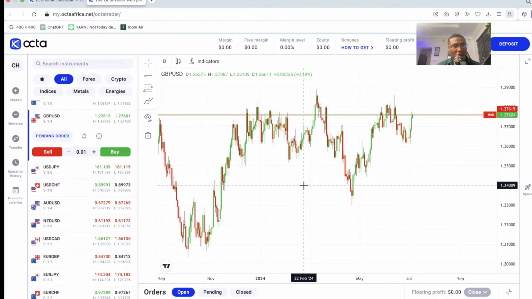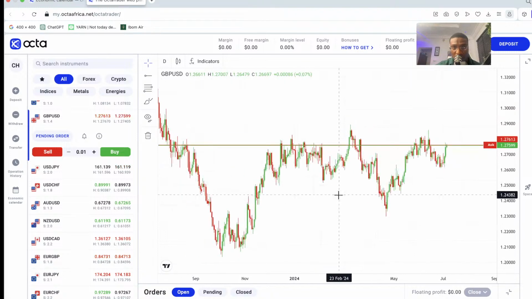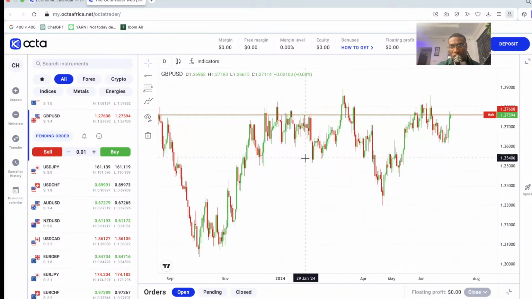Regardless of how you want to trade, if you want to trade against the trend, it's just important that you have that awareness that if you're going to be trading against the trend, then that move is going to be temporary. When you see the markets trend down about 3,000 pips and you're seeing strong bearish momentum and you want to trade a pullback, it wouldn't really be ideal to target 1,000 pips for a pullback when you're seeing momentum bring the market down. So it's very important that regardless of your trading style, you always look at the higher time frames to get a bigger picture of what's going on in the market.